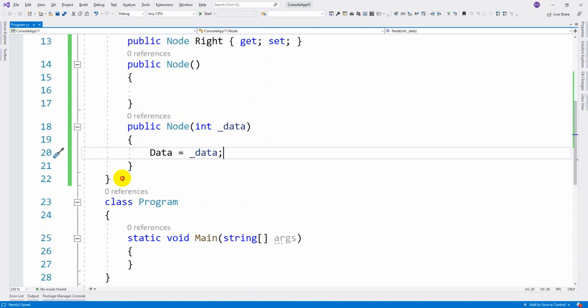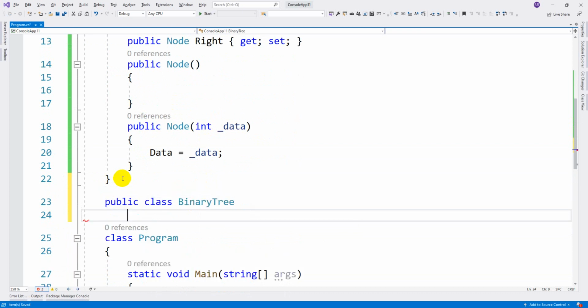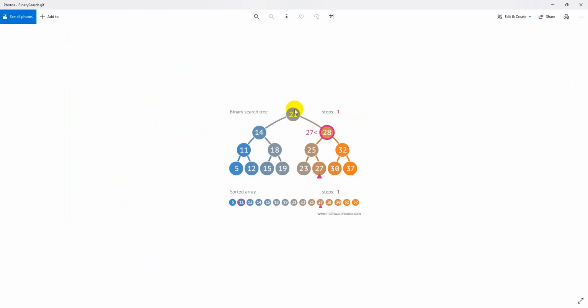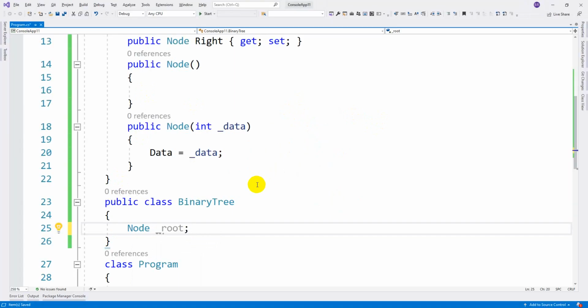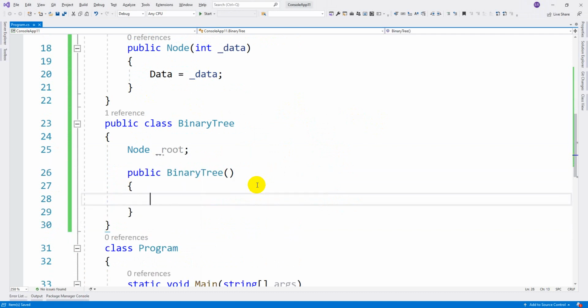Now we have to create the binary tree. Public class BinaryTree. Here we have Node root. As I already said, whatever the starting element is, the mid element, that can be called the root element. Let us create a constructor.